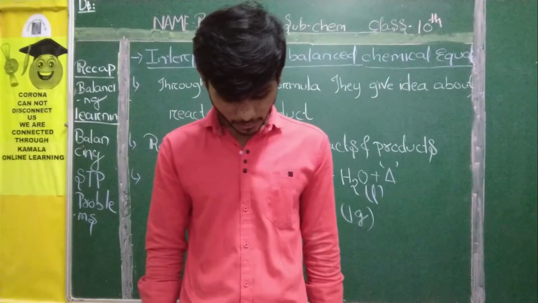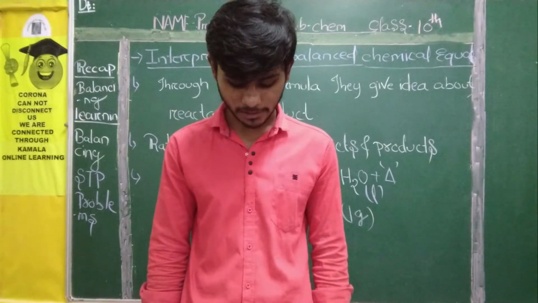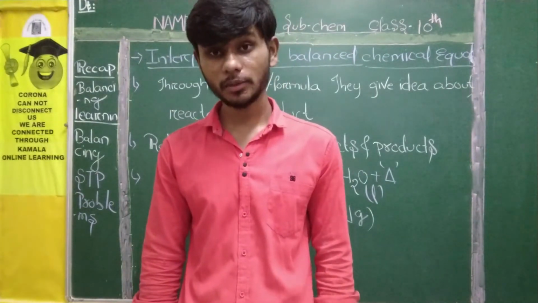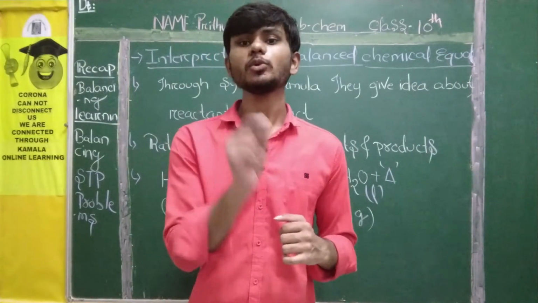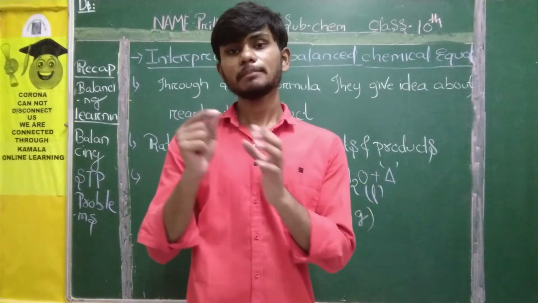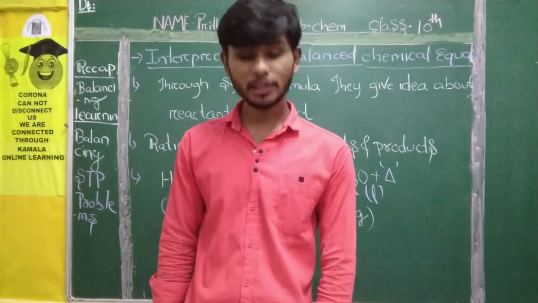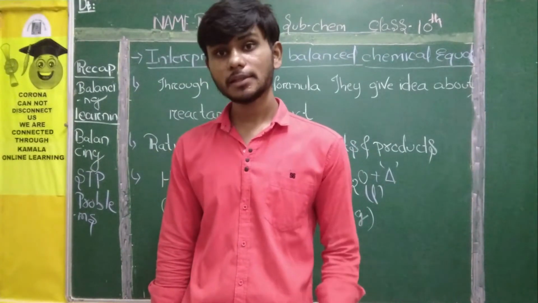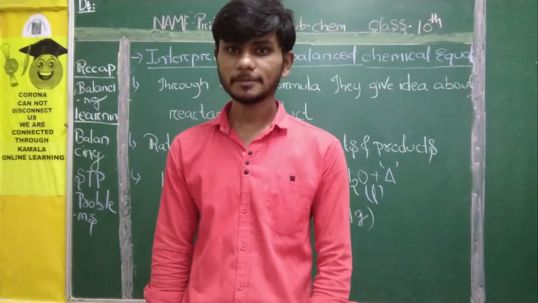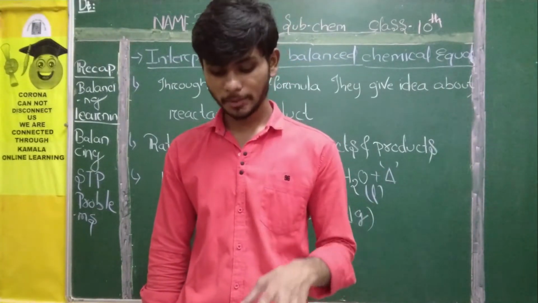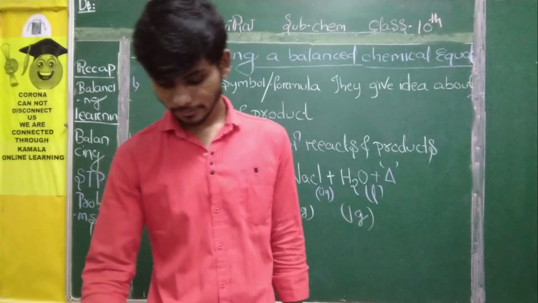Okay. Using molar mass and Avogadro's number, we can calculate the number of molecules and atoms of different substances from the equation. Avogadro's number is 6.023 into 10 to the power 23. By using Avogadro's number and the mole concept, students, we can calculate the number of molecules, number of atoms, mass and volume in a particular equation in an easy manner. How? Let us solve a problem, then you can get it. How can we solve all these things?